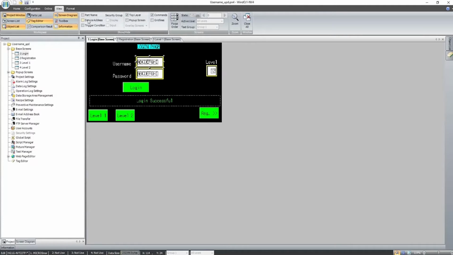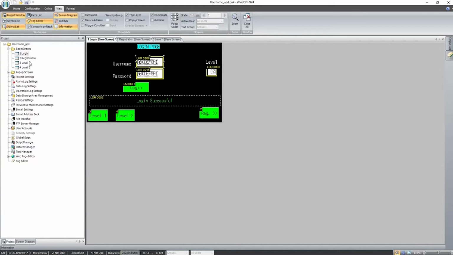I'll show you the addresses which I have considered for this example. All registers which I've used here are internal HMI touchscreen built-in registers and bits. You can see LM is an internal bit of the touchscreen, and LDR and LKR are internal registers of the touchscreen as well.